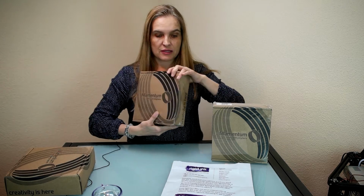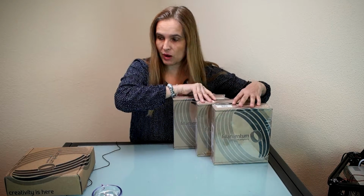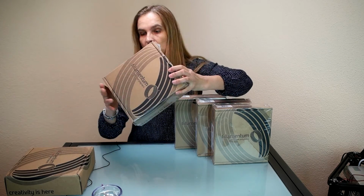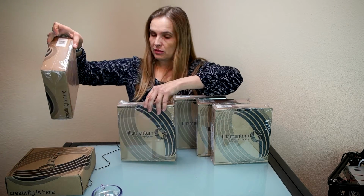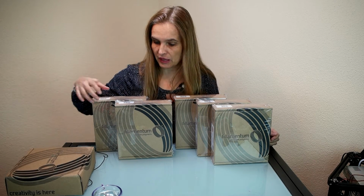I ordered Pearl Ruby Red. Let's put this aside for a moment. I ordered Vertigo Gray, of course. This was the reason why I ordered something from Filamentum, because I'm absolutely in love with what I've seen up to now, Noble Blue, and some turquoise green. So these are the ones I ordered, and they were so kind that they also